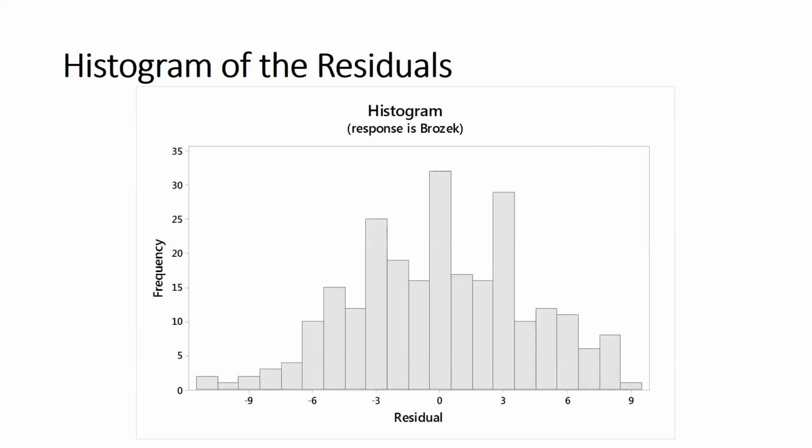Look at that. Look at that histogram of the residuals. That's a nice looking normal distribution. Well, it's got some spikes in it, but if you squint a little bit, it sure looks bell-shaped to me. So it's real data, and it's behaving the way we would like it to behave.